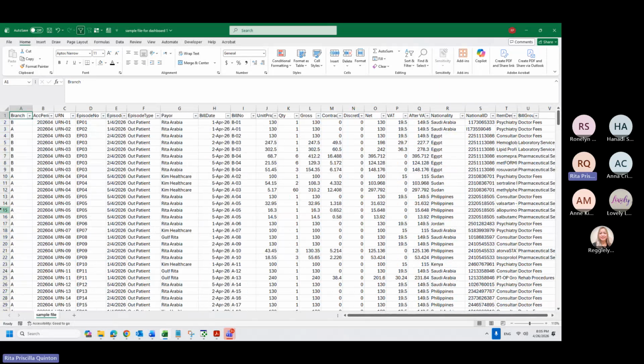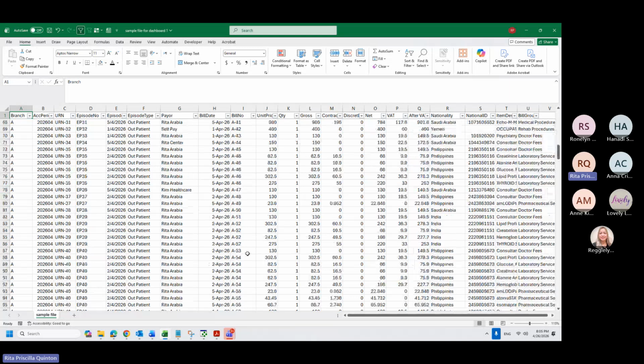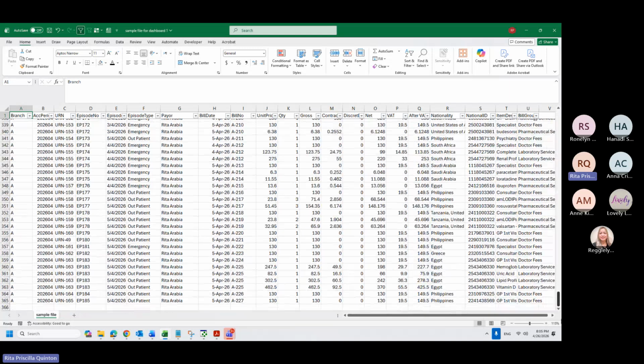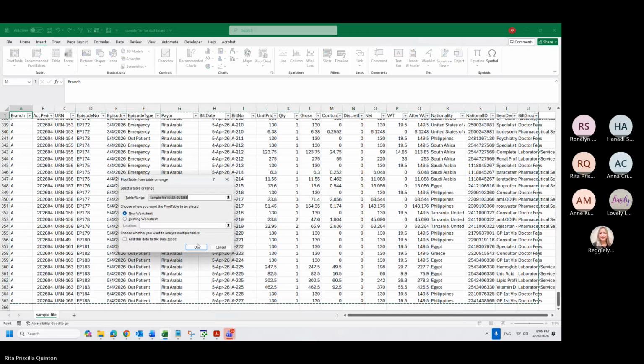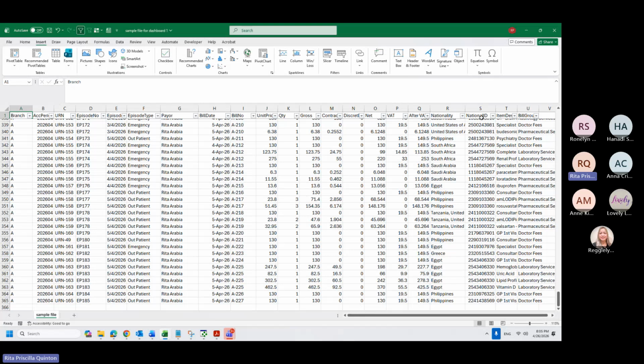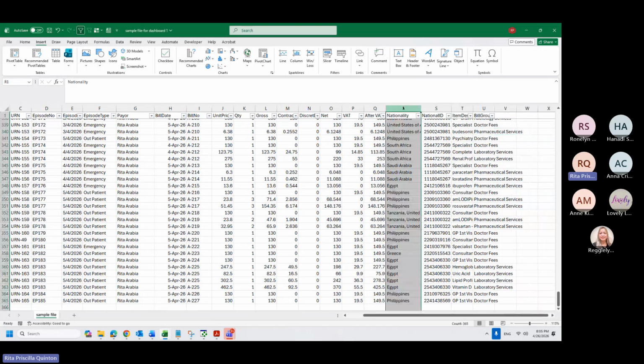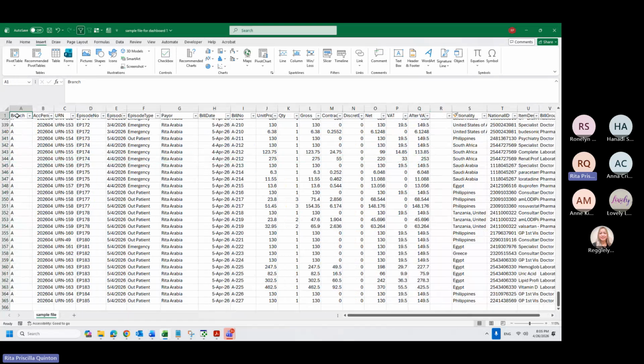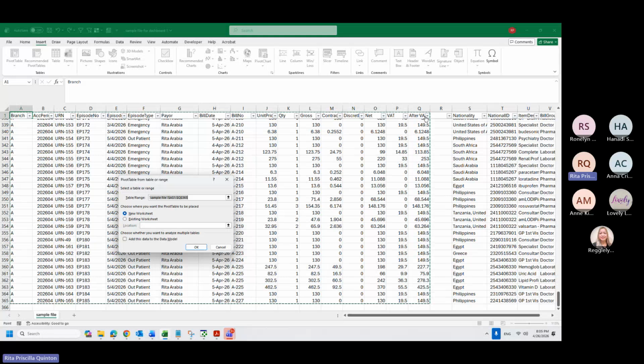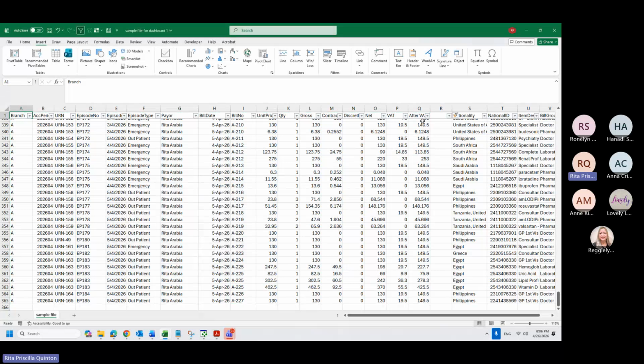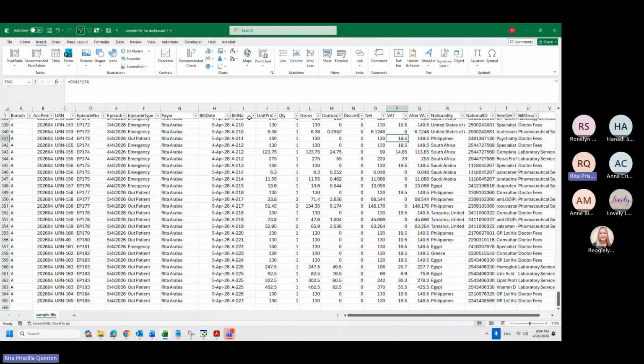Now I can insert a pivot table to know how much my claims are for each payer per day. I will just select A1 and make sure all my headers are filled, because if there's a blank, and I go to A1 and insert the pivot table, it will stop at the one with data. So it will not capture all. So make sure that all your headers, before doing any pivot table, are correct.